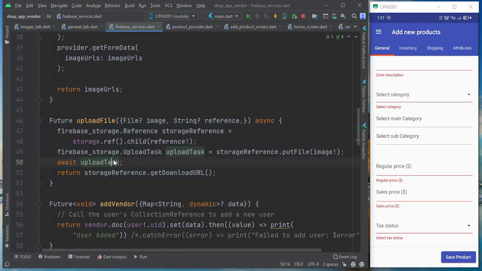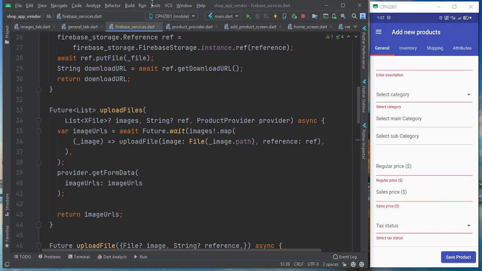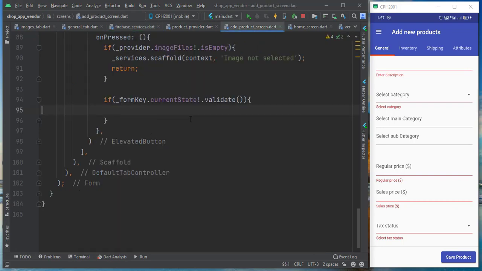So it will wait until the upload finishes, then after that it will get the download URL. So this is how it works. Now we go to the add product screen. Then if everything is validated, then services dot